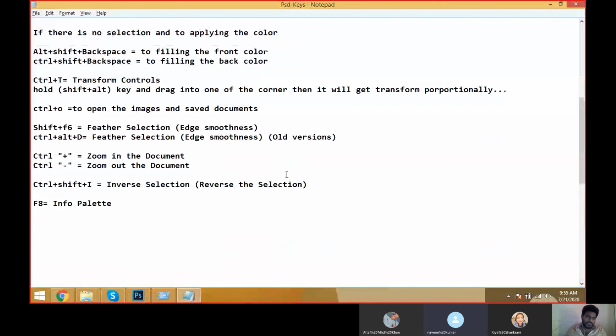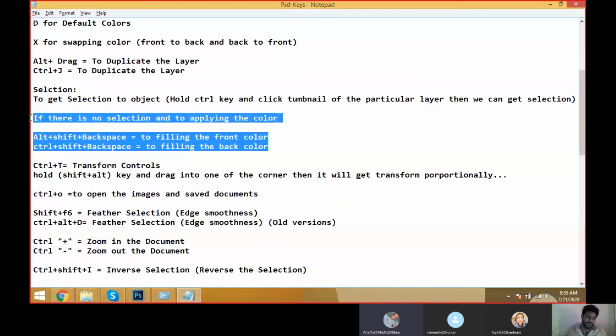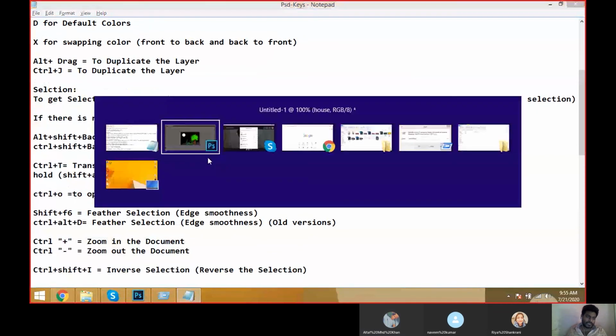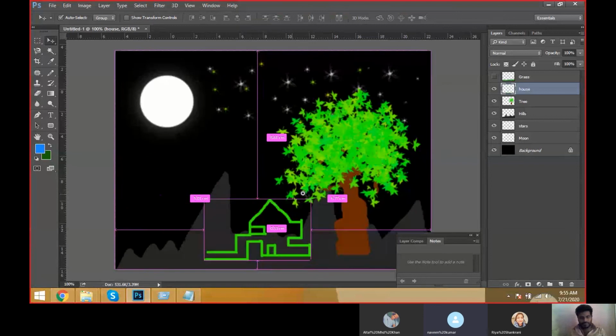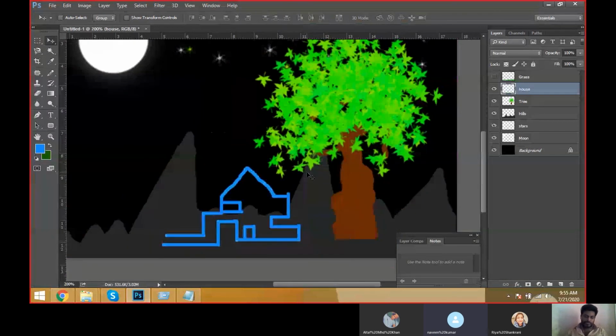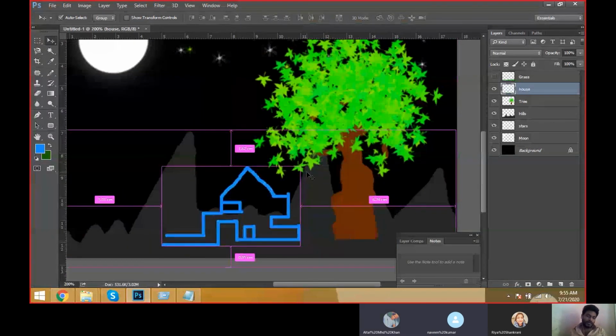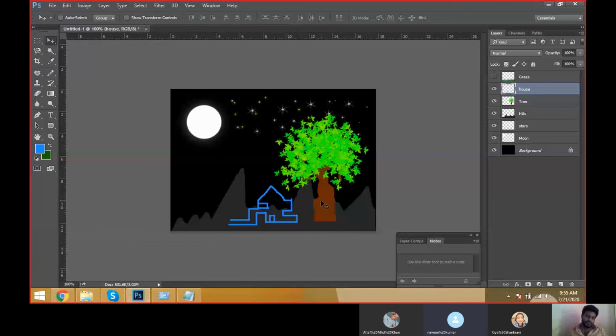Yes, exactly. Alt Shift Backspace to fill the color.